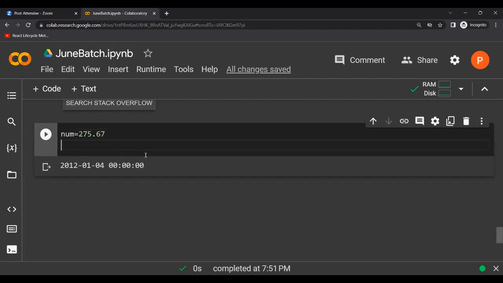Now, if I want to print only the integer part of it, I should not display the decimal part of it. There are some methods to do it. That's what we are going to see: how to format a number to display in a particular way. If I want to just print the integer part, I can simply give print,